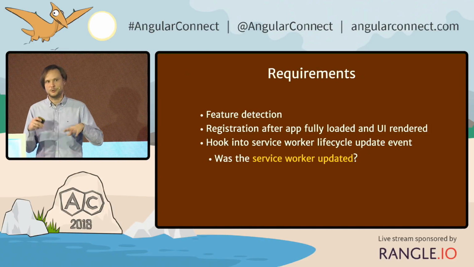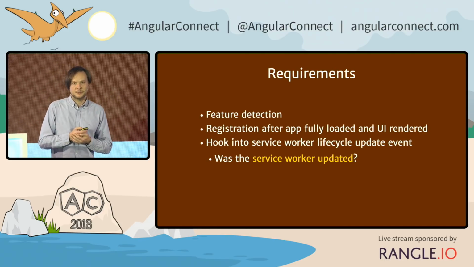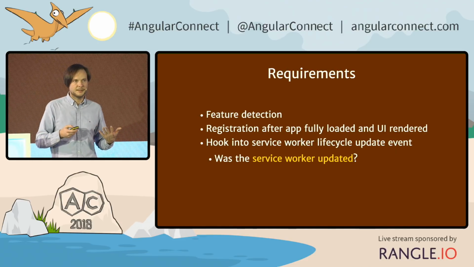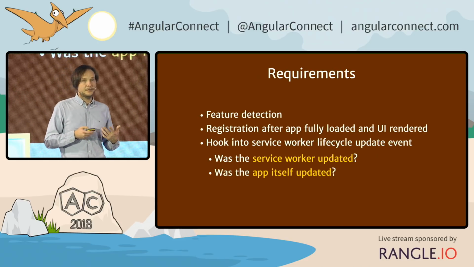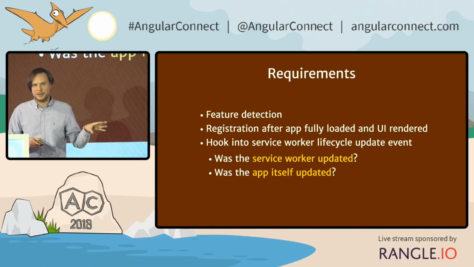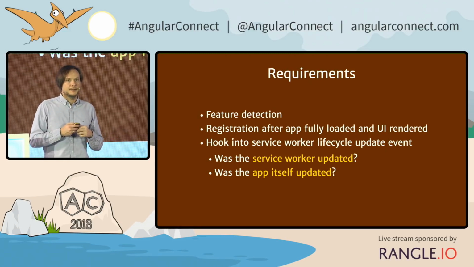Some functionality. So we added new cool features, and this is reason enough to show the message that the app itself was updated. But even if we updated only the app itself, I don't know, some main JS bundle, index.html, pictures, all we listed in the configuration,